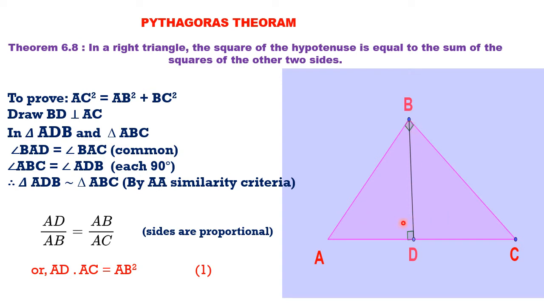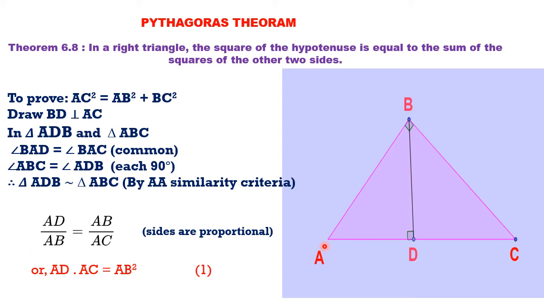Now we are going to take one by one each triangle and we are going to compare it with the bigger triangle ABC. So first let us take the smaller triangle on the left side. Which one is it? It is ADB. And compare it with ABC, the bigger triangle, and prove the similarity. For that, we have to find out which similarity criteria is working over here. See, one angle we will get equal, 90 degree. As you know, it is a right angle triangle. So you will get each 90 degree.